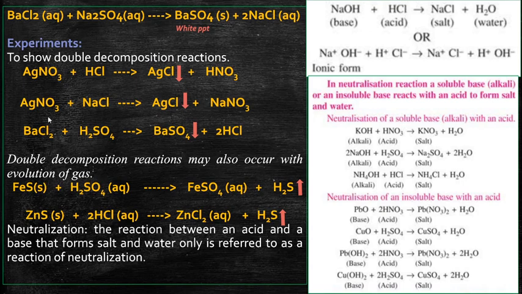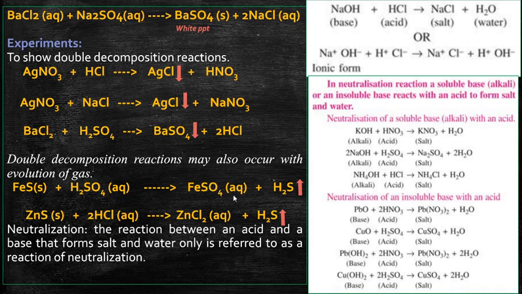In the previous case, two aqueous substances, two solutions, are combined to form a precipitate. Here, a solution reacts with a solid and a gas is produced. What is the gas? FeS, iron sulfide, reacts with sulfuric acid. So this is a solid and this is in the aqueous state. Okay, so when they are brought together, it produces